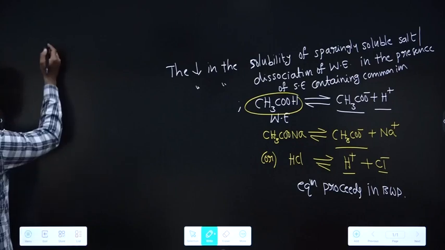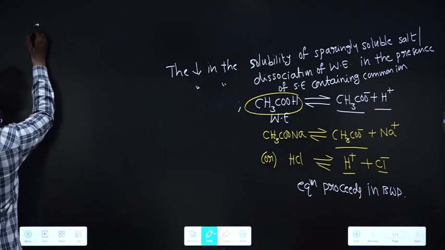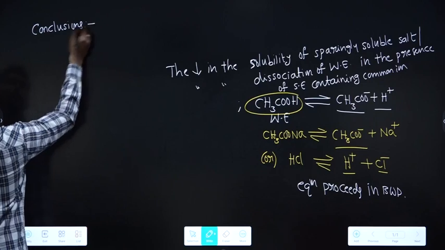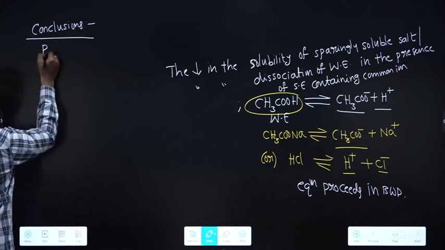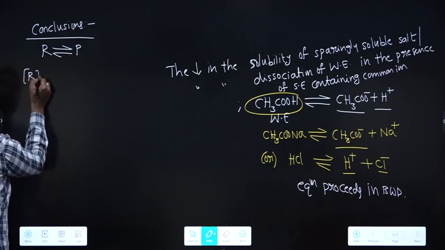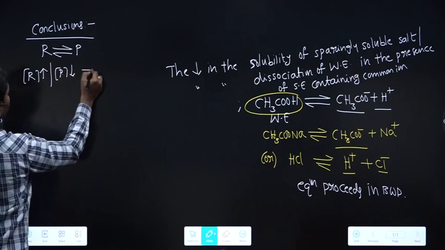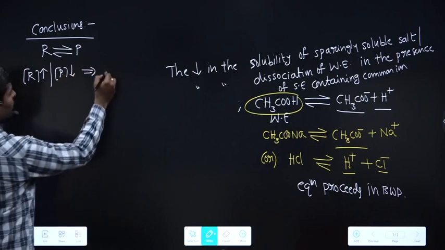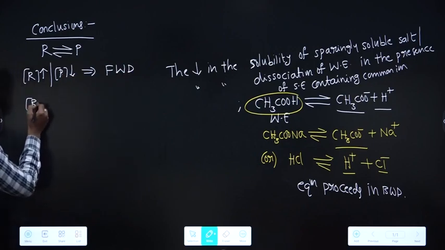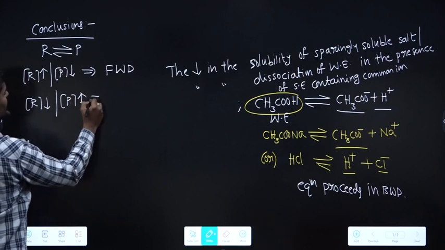Okay, write the conclusions from Le Chatelier's principle. If you have a reaction like this, if you increase the concentration of reactant or decrease the concentration of product, in which direction does it proceed? Forward direction. If you decrease the concentration of reactants or increase the concentration of products, it proceeds in